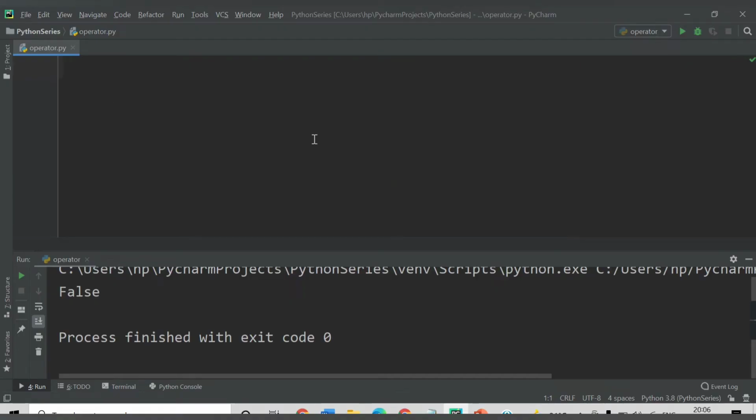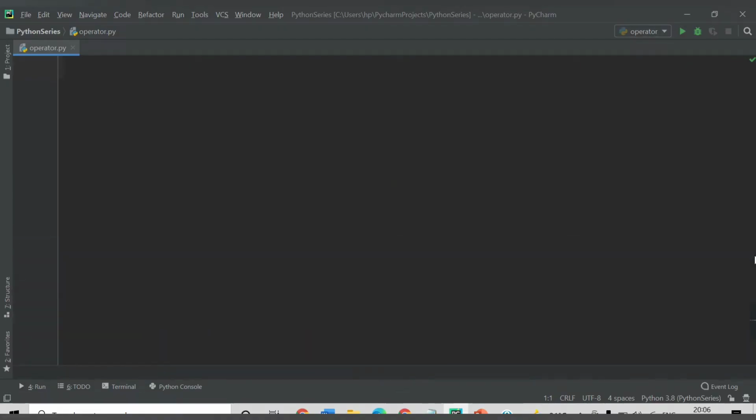So this is my Python file operator.py. Let's say I have one variable which is num, so num equal to, let's say, the value 10. And here I have another variable, result. Here I will compare this with two conditional statements.